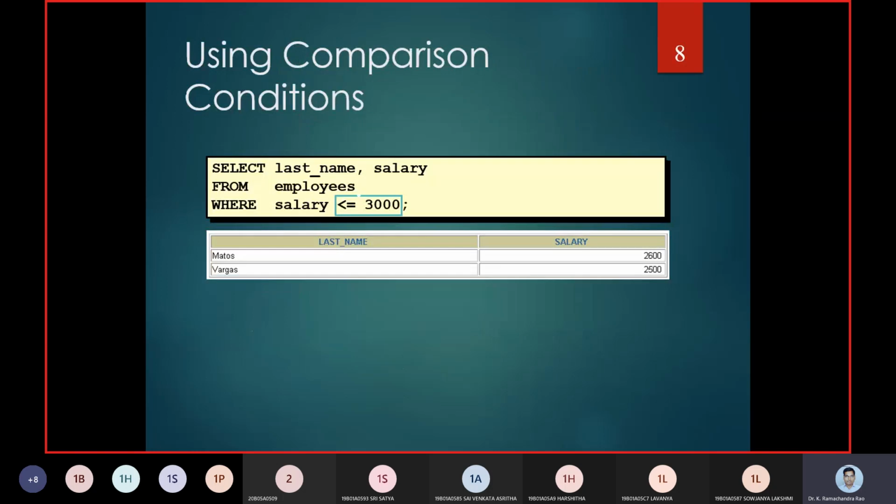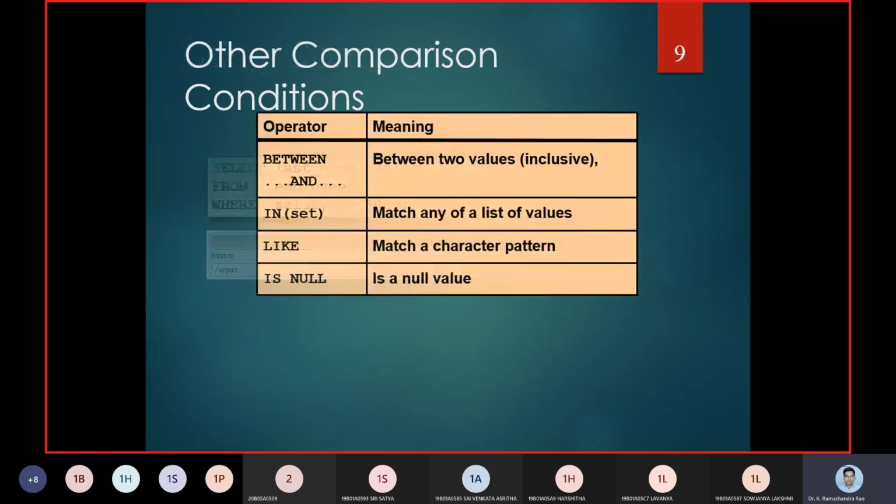So now you can see that when we work on numeric data, we have used less than or equals to as a comparison operator. If I take a salary of 3000, then for less than 3000, values like 2600 and 2900 are the ones returned.